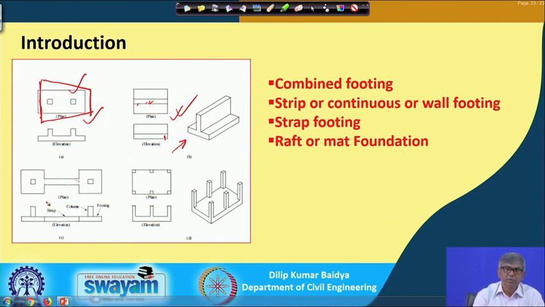And as I have mentioned before, when many of the footings are connected by a single foundation, like this, you can see this is the foundation plan, and there may be another footing here, a column here. So all will have a common foundation, like if you see this side view, isometric view, and elevation and plan is like this. So that is called raft or mat foundation. So this is combined footing, this one, both are combined footing, strip or continuous footing, this one, strap footing, this one, a raft or mat foundation, this one.